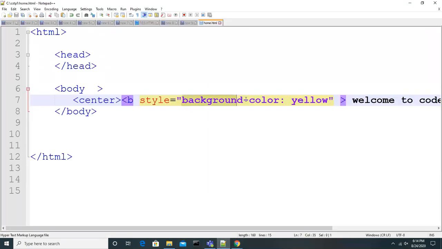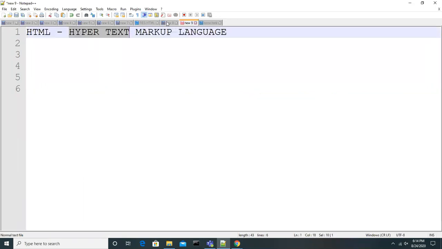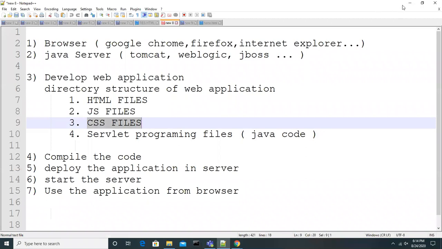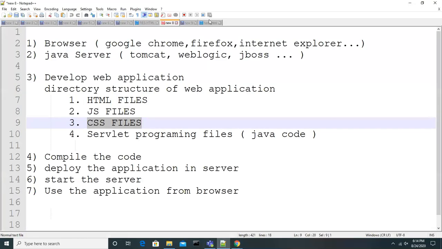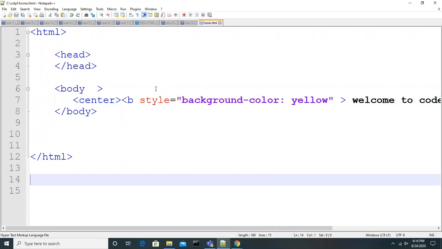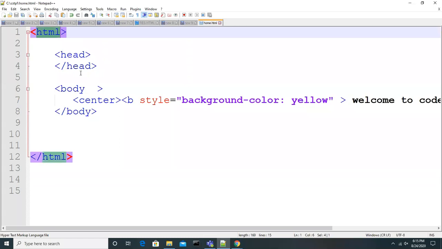Okay. So like this, we can call it CSS. I told you that we should know CSS, right? CSS programming. CSS is nothing but a cascading style sheet. So like this, you can add attributes, and based on the attributes you keep adding, the total web design will change in different ways. So this is the basic stuff I'm trying to make you understand: what is a tag and what is an attribute.